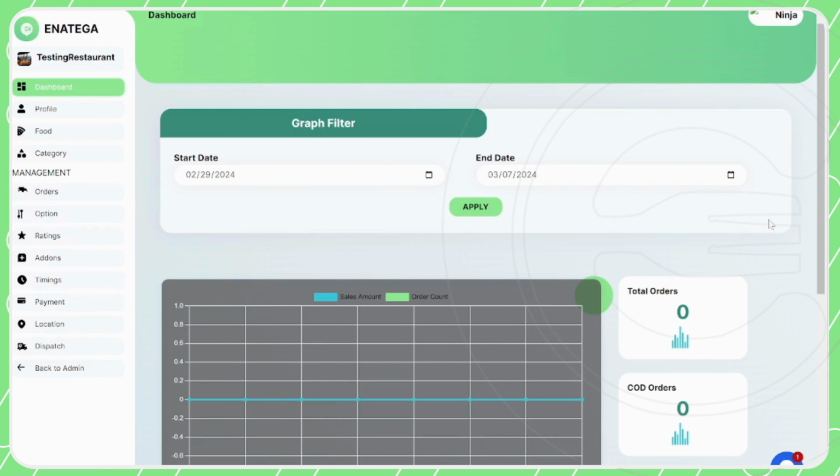In this video, we'll be covering the entire restaurant section, what the modules mean on the left, and we're going to go through every single section, and I'm just going to give you a quick tour of how the restaurant actually operates under Enatega. So as soon as you log in, the first screen that you'll be greeted with is